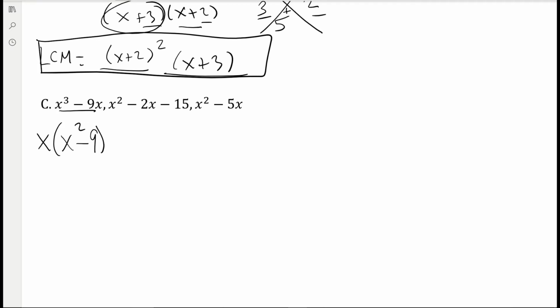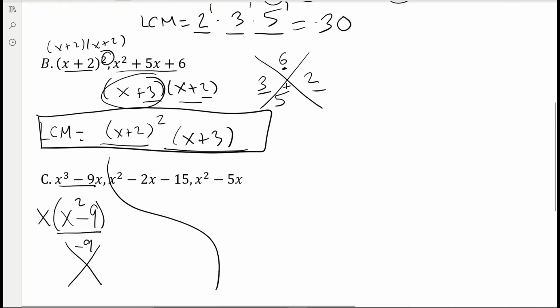Okay, so that's sort of this first part, but this part can actually factor even further, right? So we can actually do that even more. So in order to factor that part, well, notice that you can also do an x table here. In this case, negative 9 on top, and since there's no middle number,